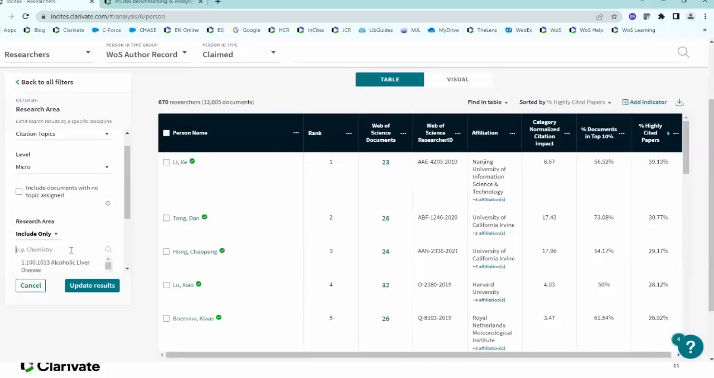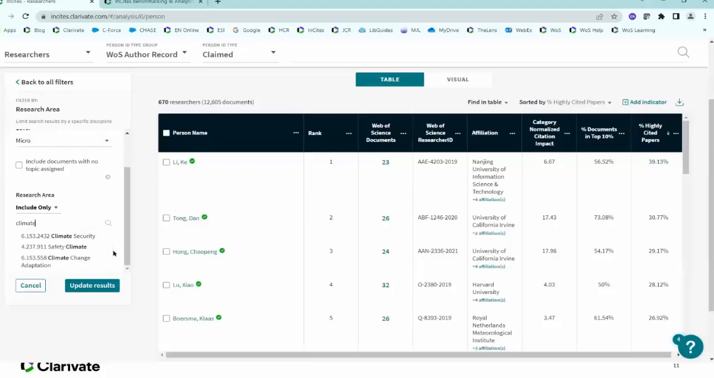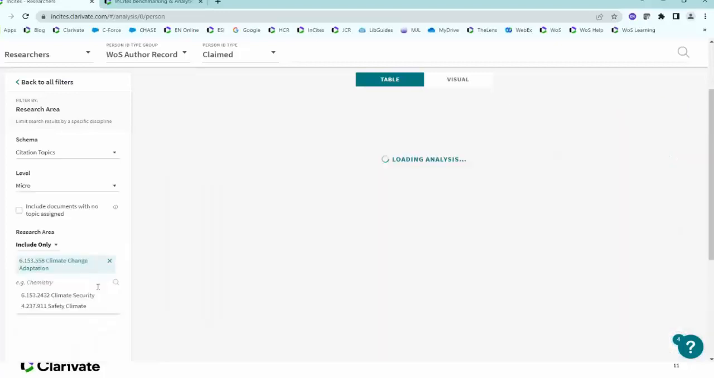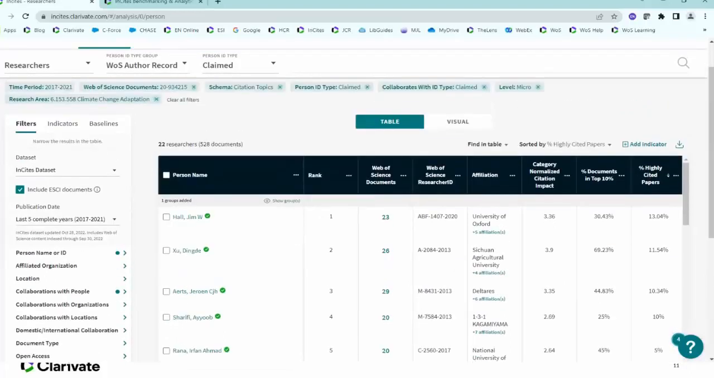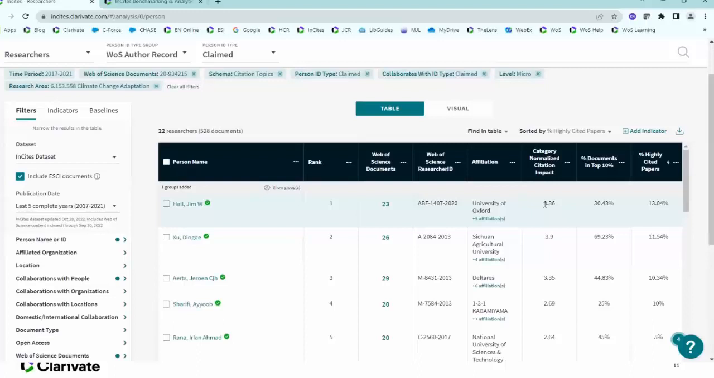So let me see if there is a microcitation topic related to climate. So let me see, there are three: climate security, safety climate, and climate change adaptation. Well, let me choose this one, climate change adaptation, this group of papers, and now I'm going to update my results. I am keeping with this table, and now in order to be able to analyze those three